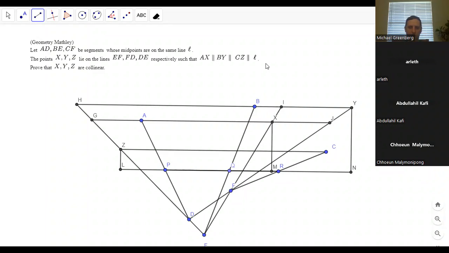So we have 3 collinear points and a point not on the line, and points on lines PA, PB, and PC. Okay, so we have to show, okay, so it's like we know DE, EF, and DF. So those would be these 3 values. And then it would be point P would be